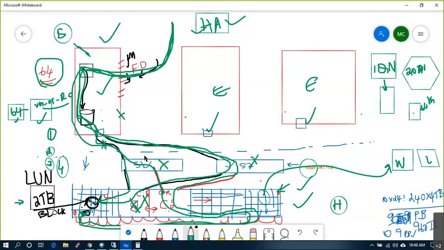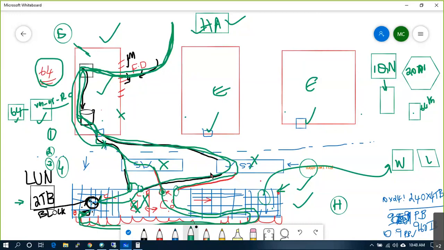You need to have additional hardware components in the backend. Even if your storage is capable of 10 GB adapters, you also need 10 GB adapters here. Then only they can send the 10 GB data. Controller 1 and controller 2 must have 10 GB adapters.